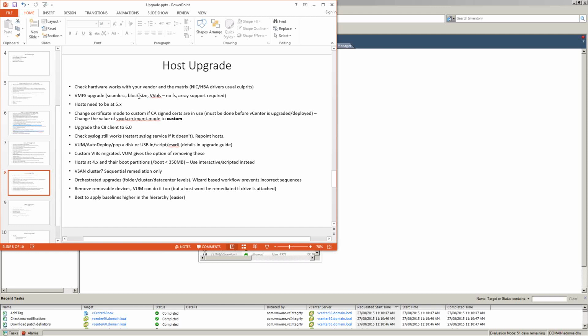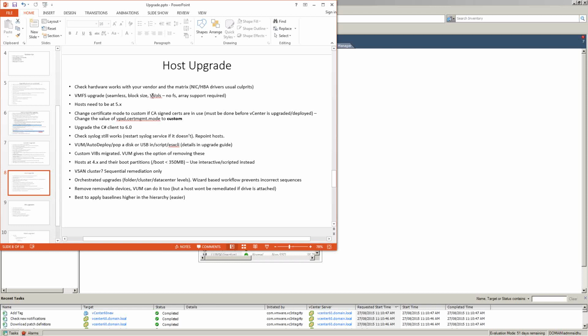In VMFS 5, there's only one. That's 1 meg. That's the only one that's allowed anymore. So the best way to move forward is to storage vMotion your VMs from a VMFS 3 datastore to a 5 datastore, and then you decommission your 3 or you format it, and then you redeploy it as a 5. It's just up to you.